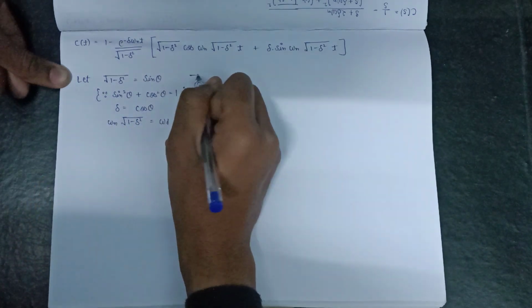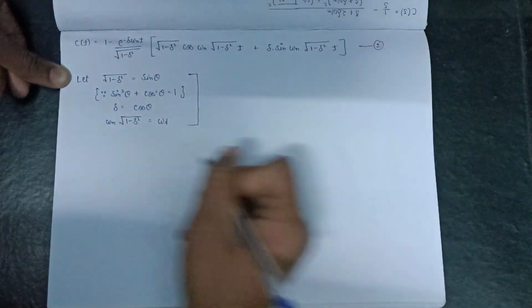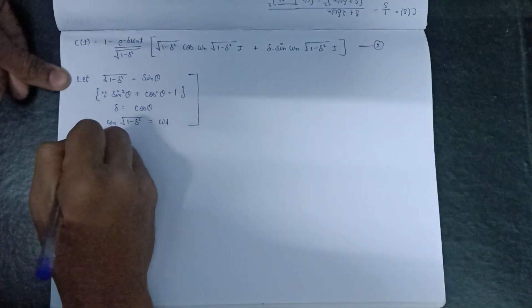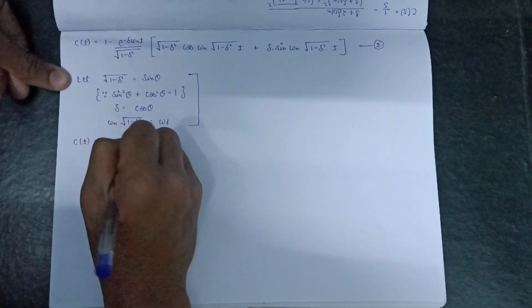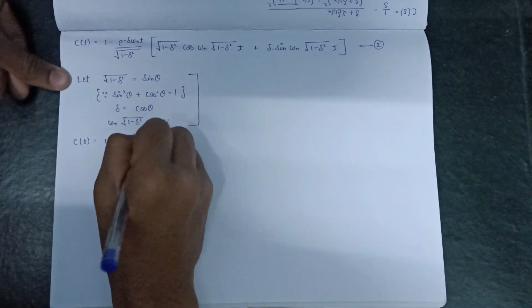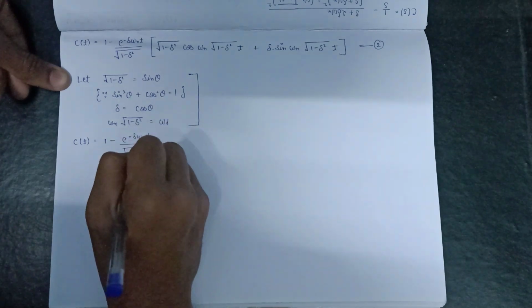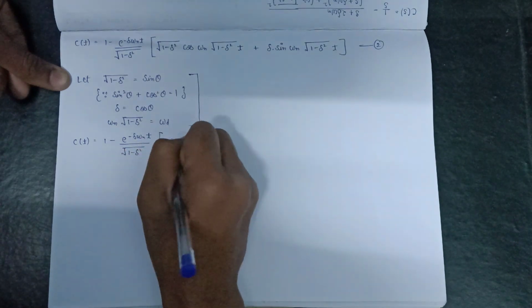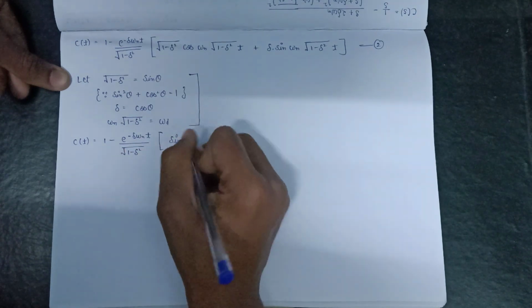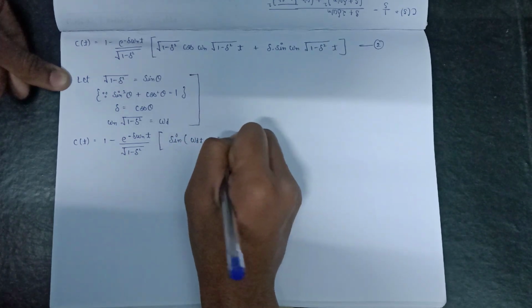Then putting all these values in this equation number 2, we get c of t like 1 minus e to the power minus del omega n t over under the root 1 minus del square sin omega d t plus theta,